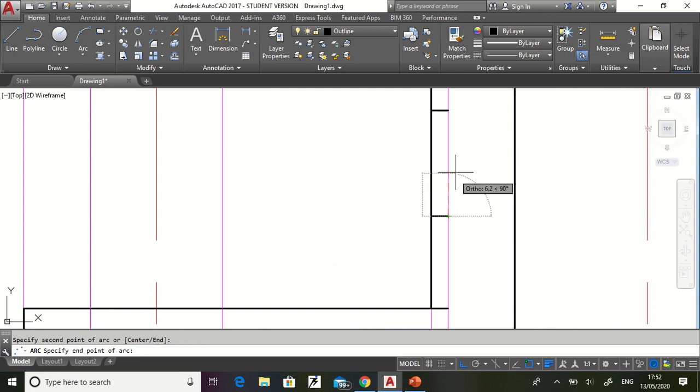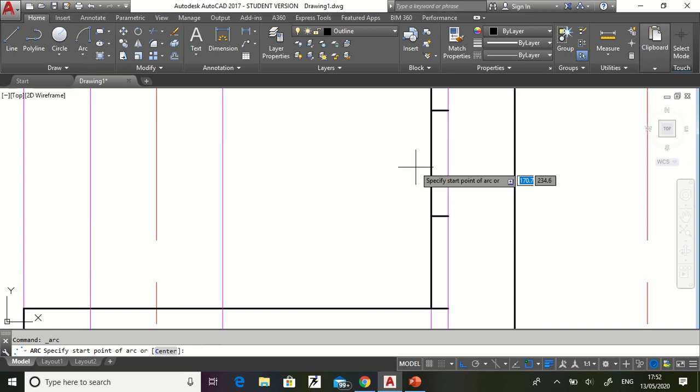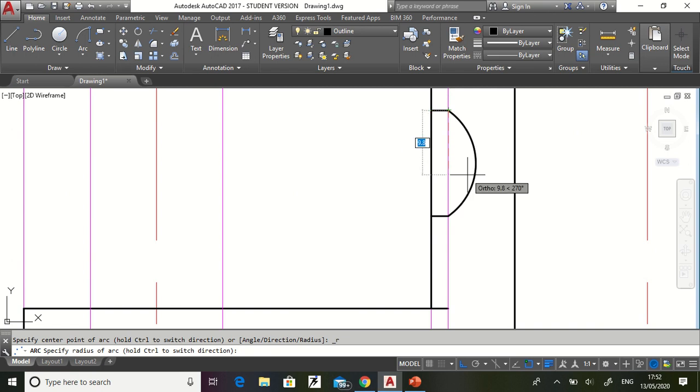So mostly we show it this way. With the arc option we will take the start, end and radius option. We will take a small radius.